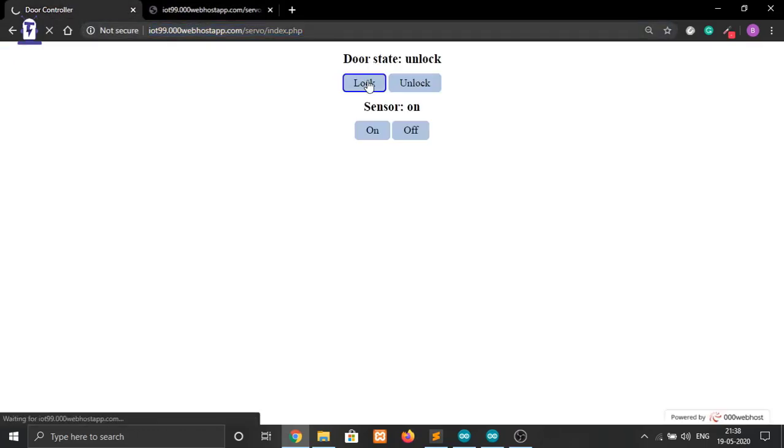So now here it is unlocked right now. I will change the state here to lock. The door state has been changed to lock, and I will refresh this page. So you can see the page has been refreshed to lock.